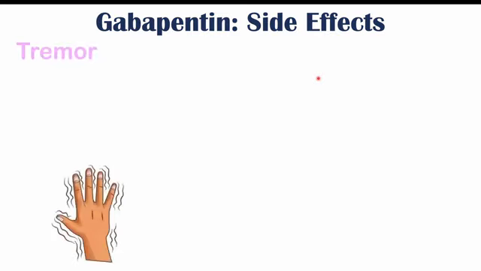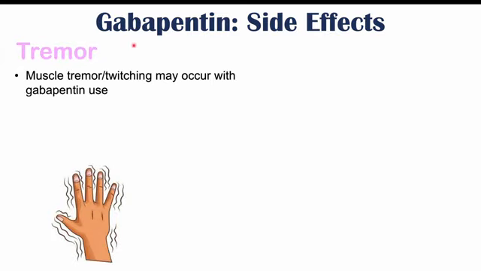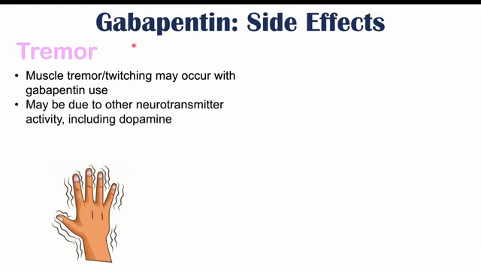We can also see issues with tremor in some patients, so muscle tremor or twitching may occur. Tremors can occur due to alterations in regulation of other neurotransmitters, including dopamine. Because neurotransmitters don't operate mutually exclusive to one another, if you're affecting one, you can often affect other ones. So this can be a possible side effect in gabapentin use, and this may occur in 6 to 10% of